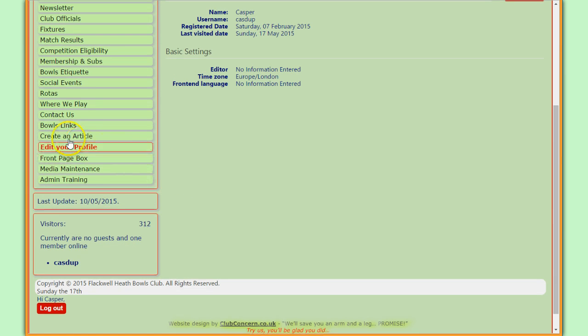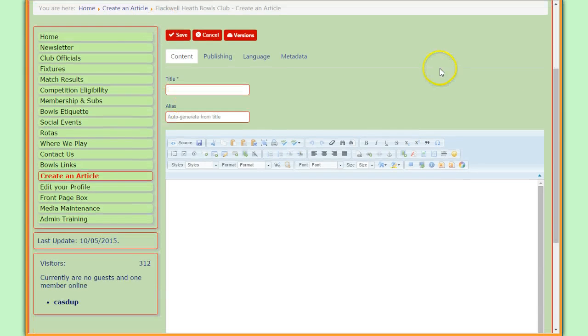Right, so let us create a new article. When you create a new article, of course, you will be presented with a blank editor screen where you can simply type in your article. Now, the three distinct areas of the article editor is that area there, which is the area where you can either save or cancel or look at previous versions of any one specific article. Then you have this area, which is the menu